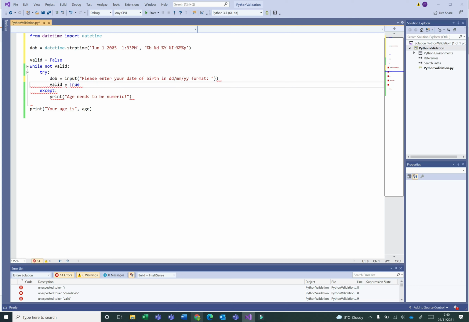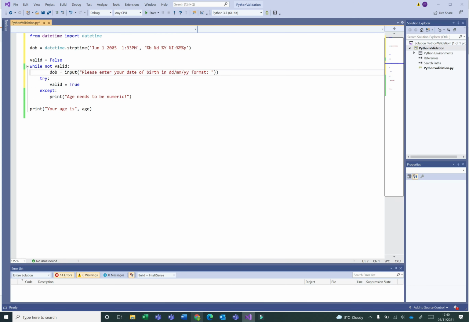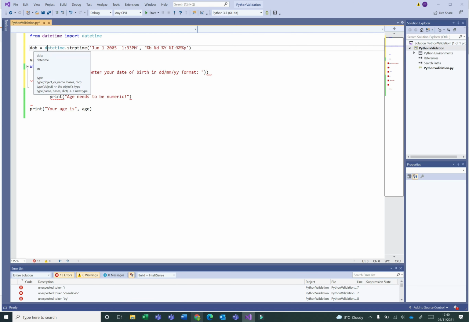Okay, and then we get the date of birth, and we will get this string and then we'll convert it using this. So actually what I'm doing is I'm passing a string into this string representation of time, with the format %y.